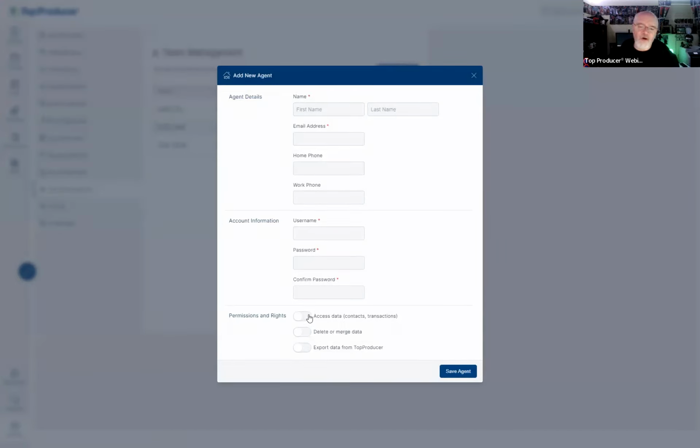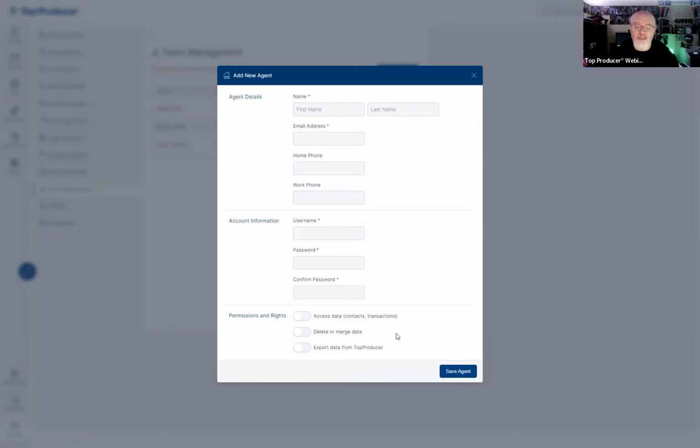So if you want an agent to only see leads that are assigned to them, you would leave this top one, contacts and transactions, turned off. If I turn it on, they can see everything. I highly recommend delete or merge data stay off unless it's the office administrator or the main account holder.